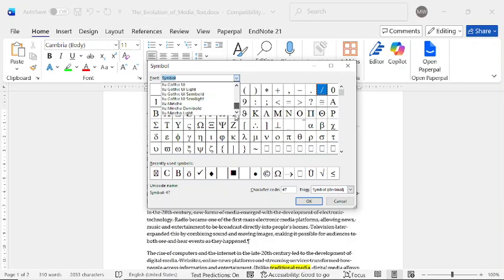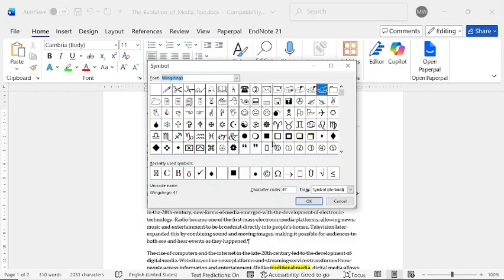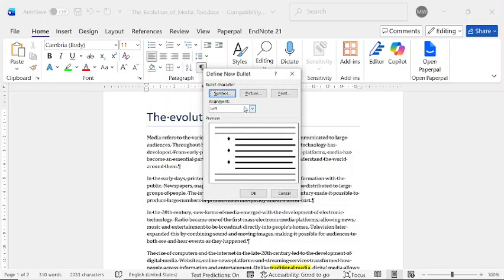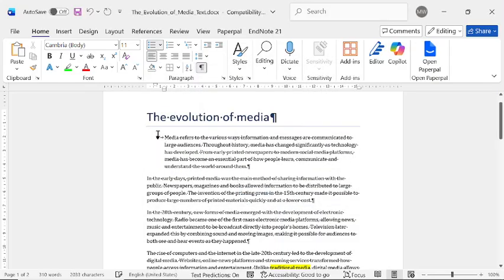So for instance, if we go to Wingdings, I see Wingdings here, and let's say we want to use the Wingdings, which is this big diamond. So we click on it, you see that it's character code 116. I press OK. I can say where it should be aligned, and if I press OK again, you can see that it isn't that dot anymore, but it's now this custom bullet.